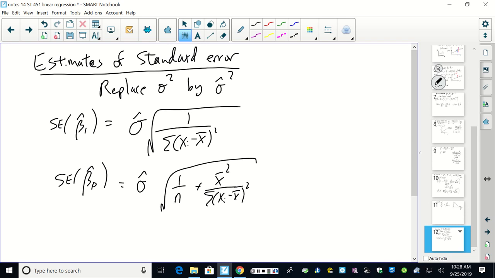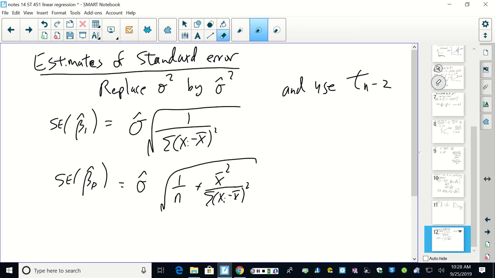But when we replace the sigma by sigma hat, we no longer get normals, right? We're going to use a t-distribution. And because of the structure of this problem, we get to use a t-distribution with n minus 2 degrees of freedom. Why is degrees of freedom in this case n minus 2? Well,